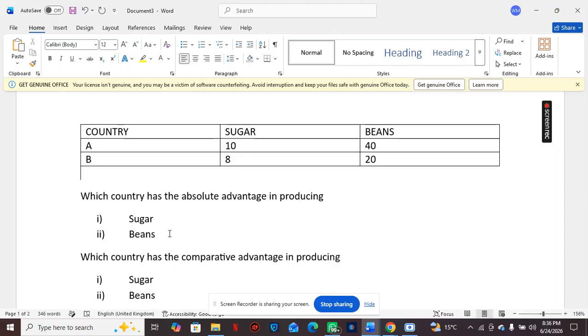Both of these have resources to produce these goods, but one country can produce the good more efficiently than the other, right? So in terms of sugar, you're just going to see between country A and country B which one produces more sugar. It is country A. So country A has an absolute advantage in producing sugar because it's producing more sugar than country B,